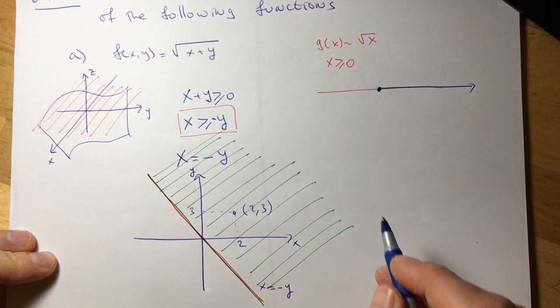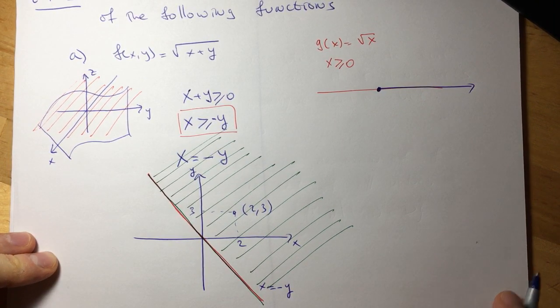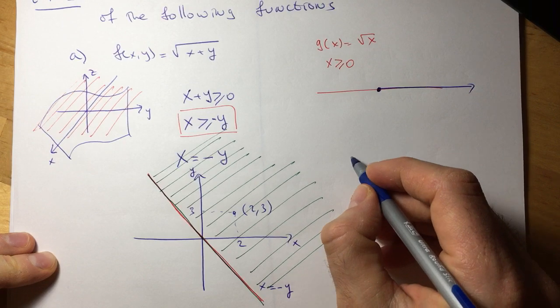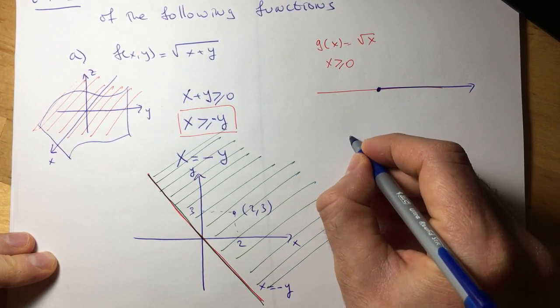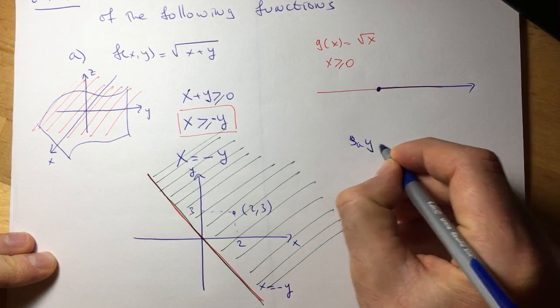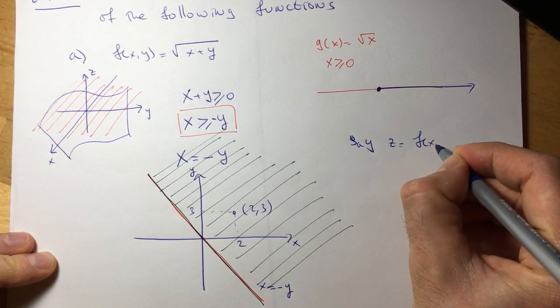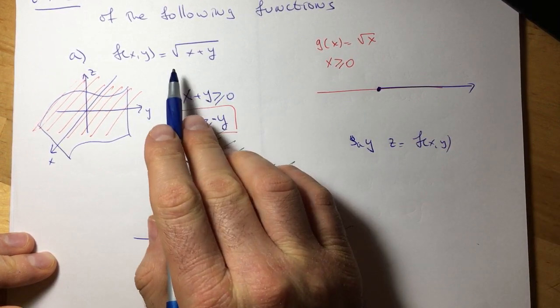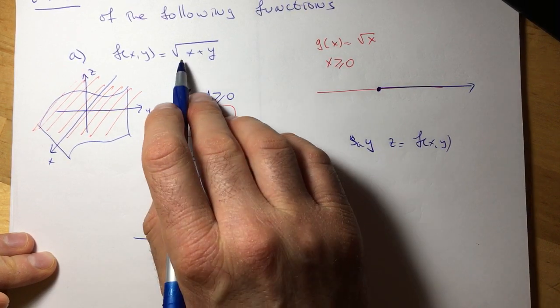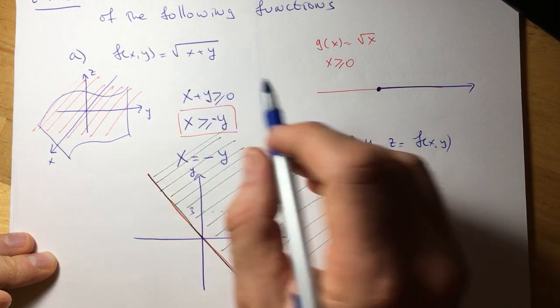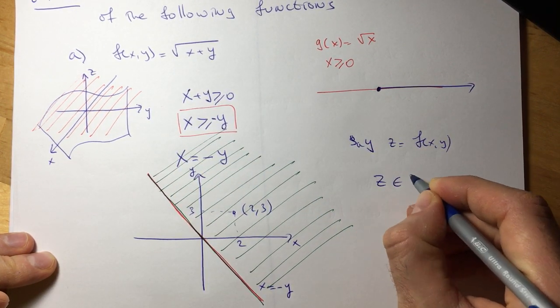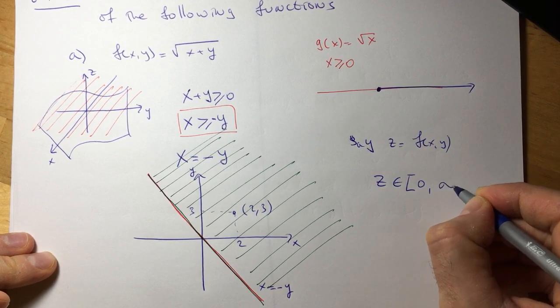Okay, and then how much is going to be the range? Well, the range of the function, so let's say z is equal to f of x, y, and we know that z can take only positive values, including 0, right? Square root of any positive value is a positive value, so z belongs to the interval from 0 to